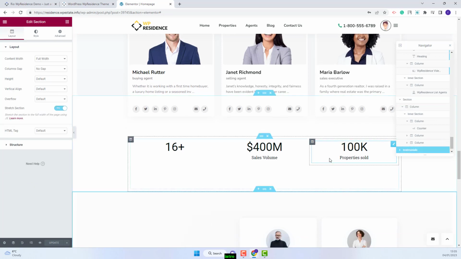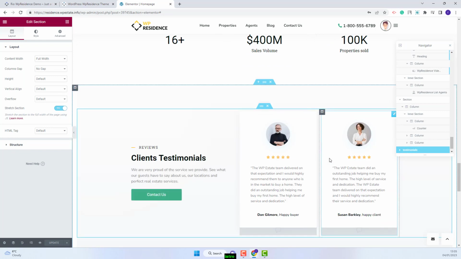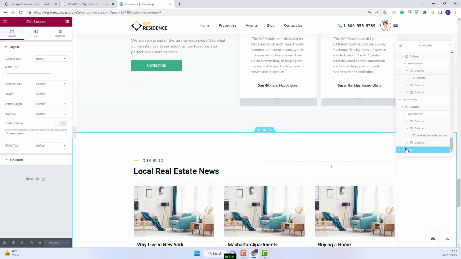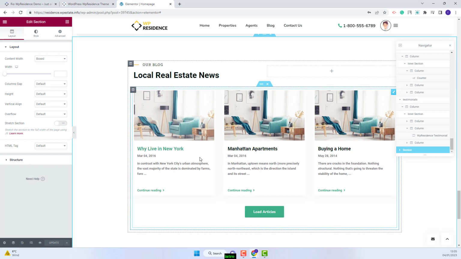Going further to the next section, we have created a testimonial section. We use the VP Residence testimonial widget, and you will have the option to change client name, image and make other settings. Going further to the next section and the last one in the page, here we created a section